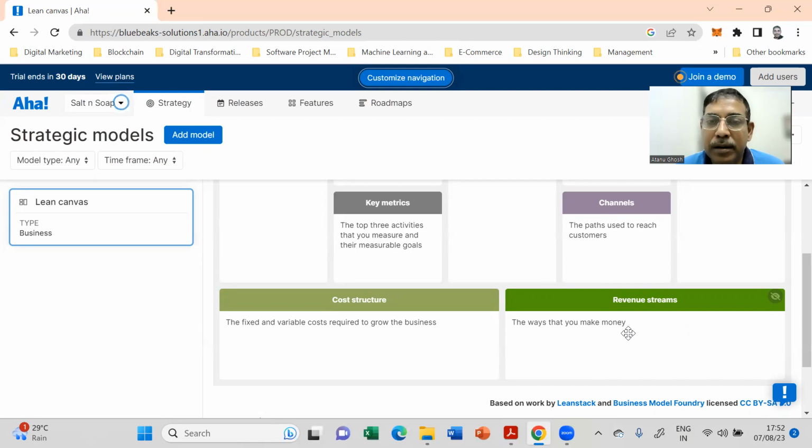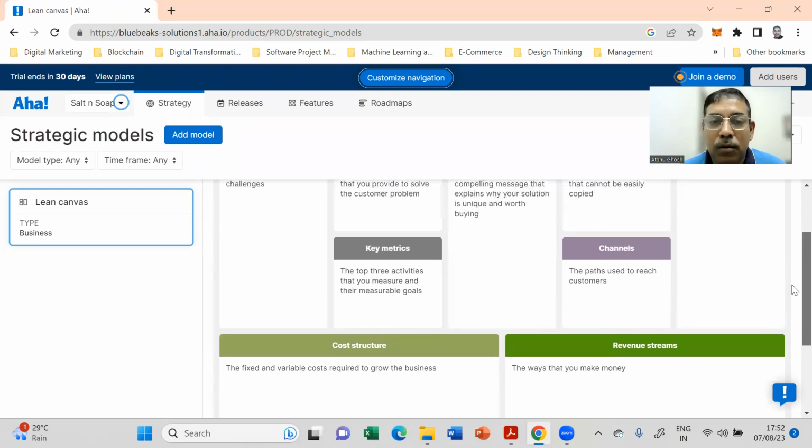However, it is expected at this point of time to define the key elements that will drive your revenue. And similarly, it's important that you define the key elements that will drive your cost. Once you have done the revenue streams and the cost structure, you would then need to define one or two key metrics that will define the success of the minimum viable product which you plan to